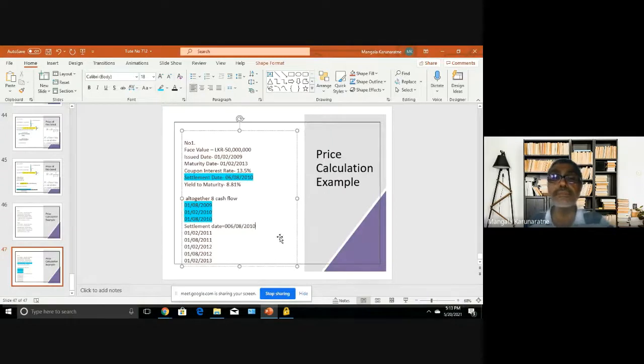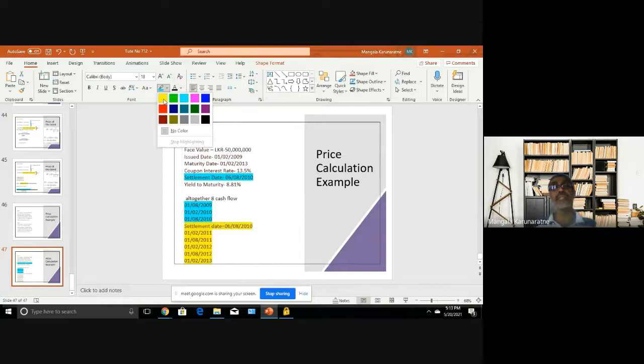So after the settlement date, you get all these 5 cash flows. It is the base of this calculation. This is the essence of it, because you need to know